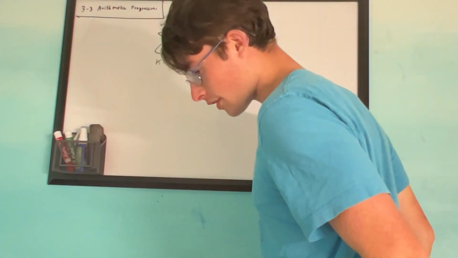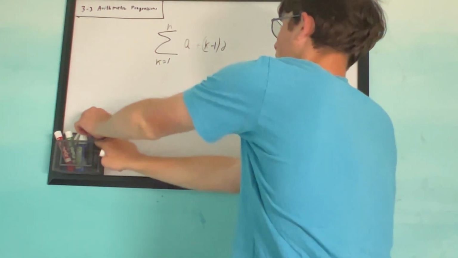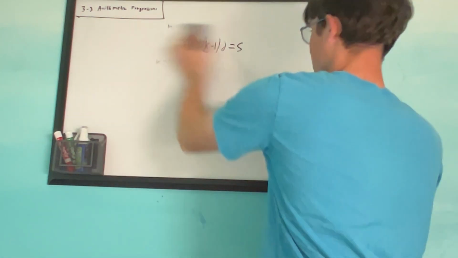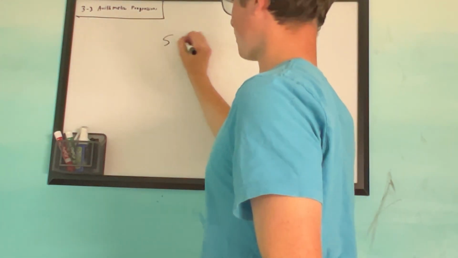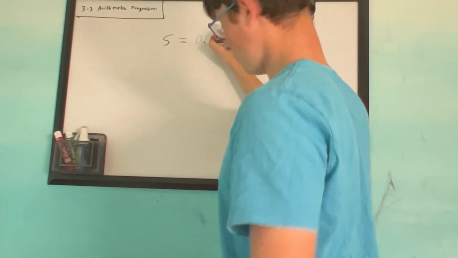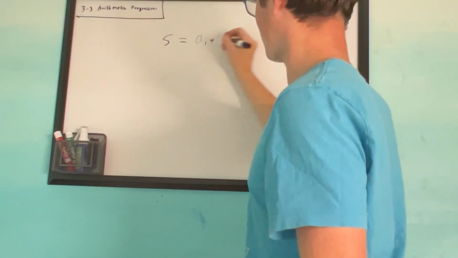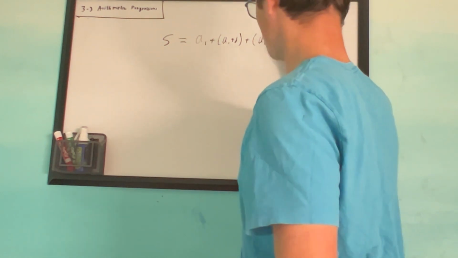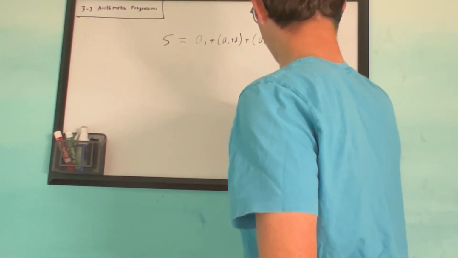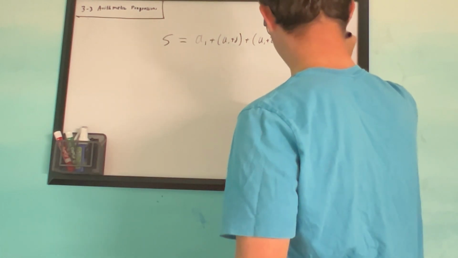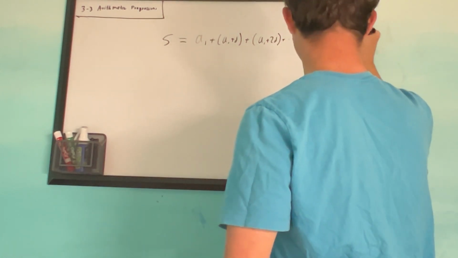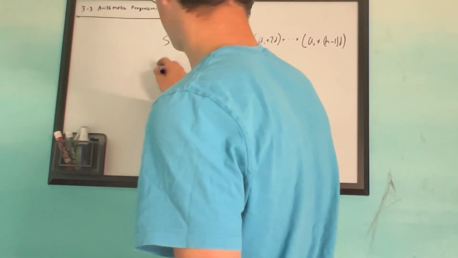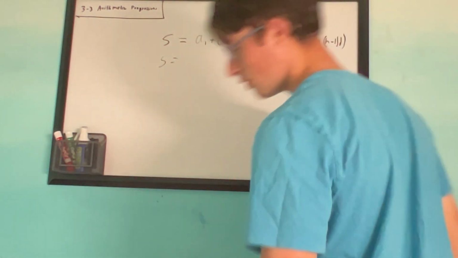The way that we're going to define this is by calling this series S. So define S as equal to each of those terms: a sub 1 plus a sub 1 plus d plus a sub 1 plus 2d, all the way up until you hit a sub 1 plus n minus 1 times d. And now what we can also do is define S as